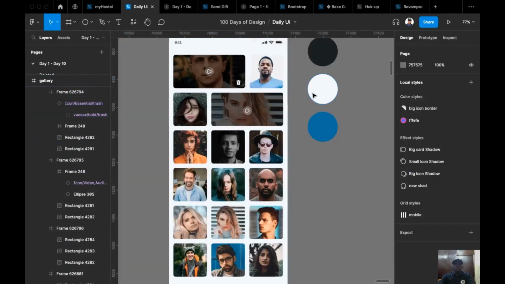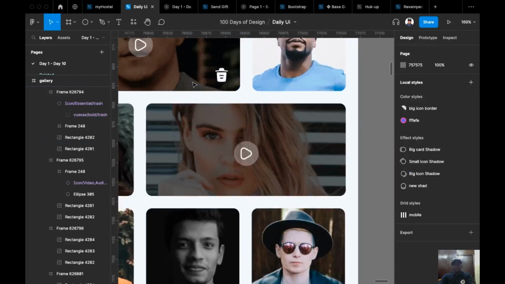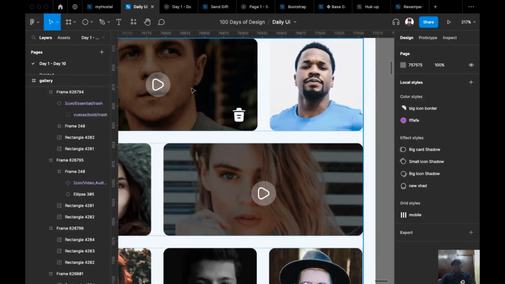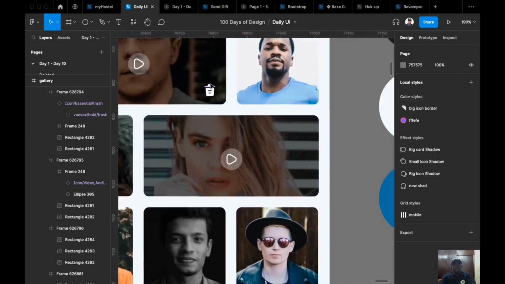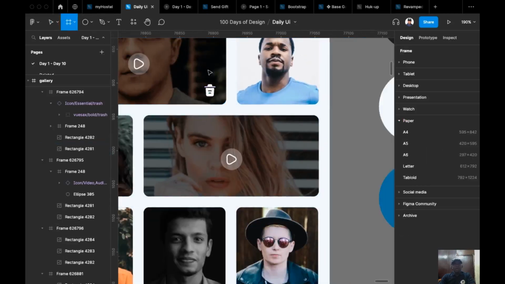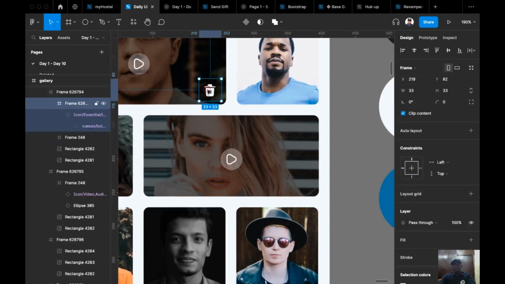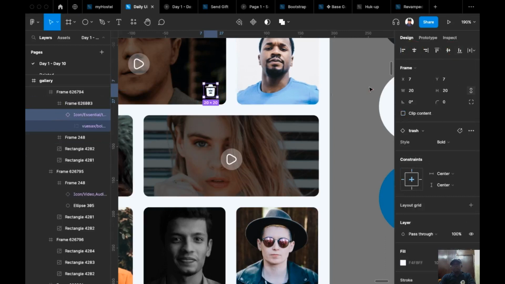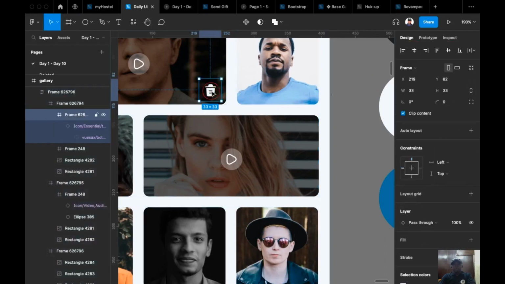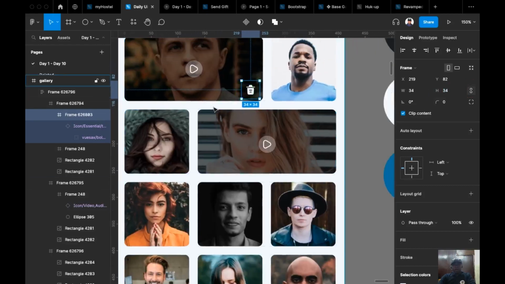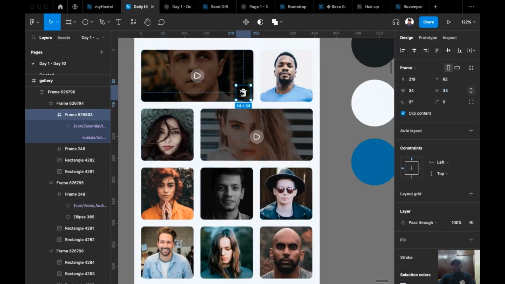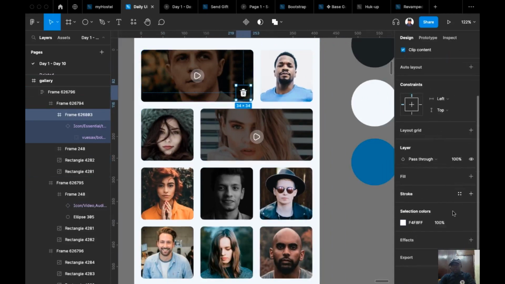So this is where we want to make our interaction, the overlay, the main exercise of today. So we'll add interaction to this delete icon. What I want to do is to add a frame over this delete icon so that it sits right in the frame. Why we are adding frames to it is because we want to have a wider hotspot so that when we tap we don't miss the tap area. So I'm going to reduce the opacity of this to 70,